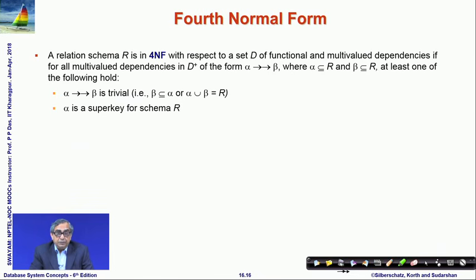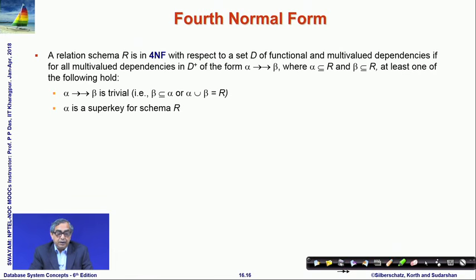So, such a normal form, which is beyond the third normal form, is said to be the fourth normal form, or 4NF, where you say that a relation is in 4NF if every multivalued dependency alpha multidetermining beta in the closure of the set of dependencies is either trivial. Trivial means the left hand side is a subset of the right hand side, or the union of the left and right hand side gives you the whole set of attributes. So, every dependency is either trivial, or